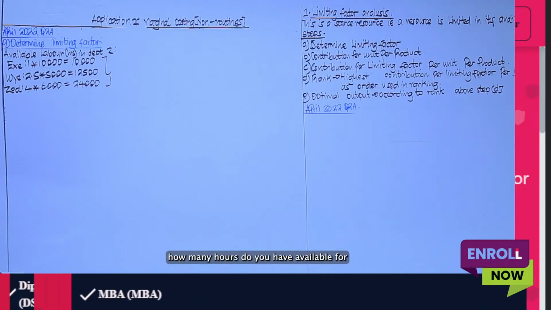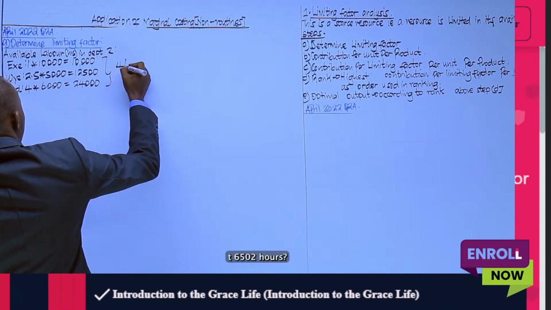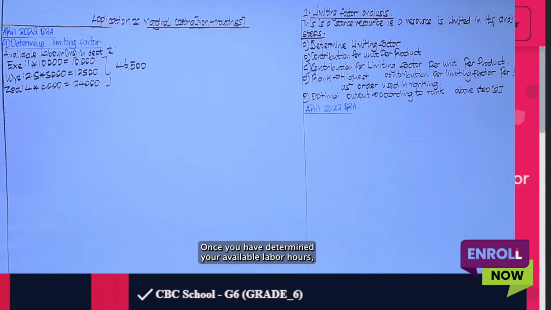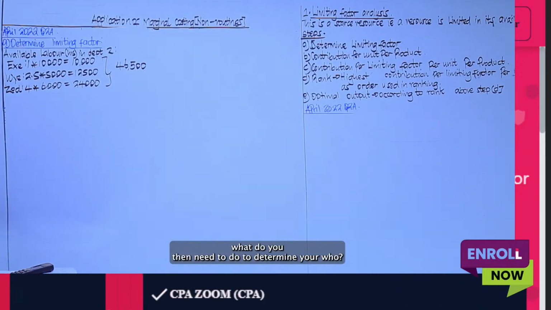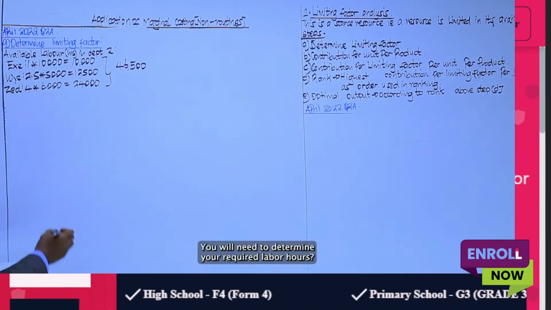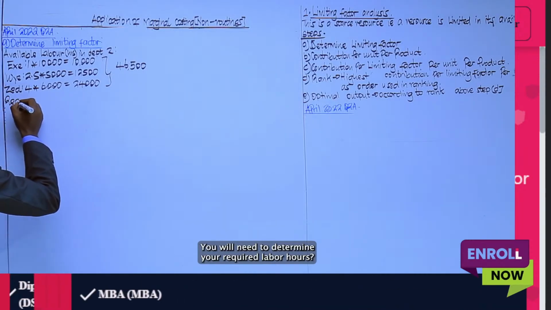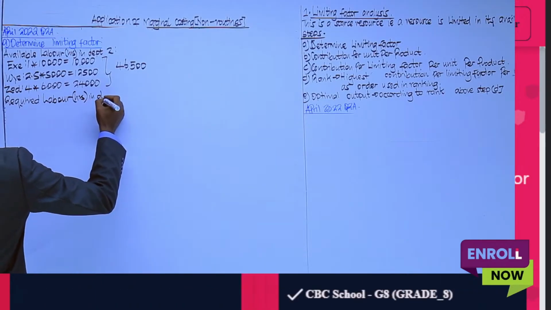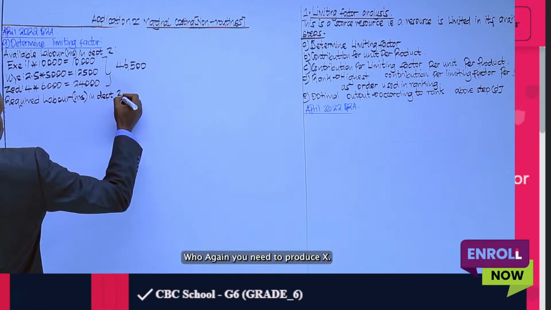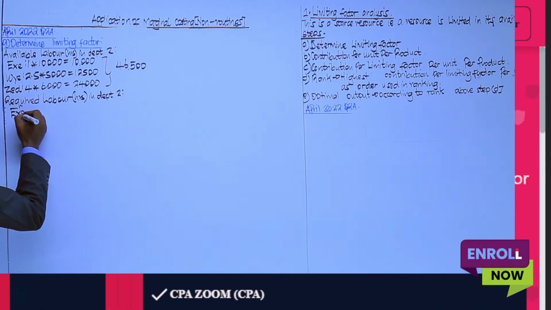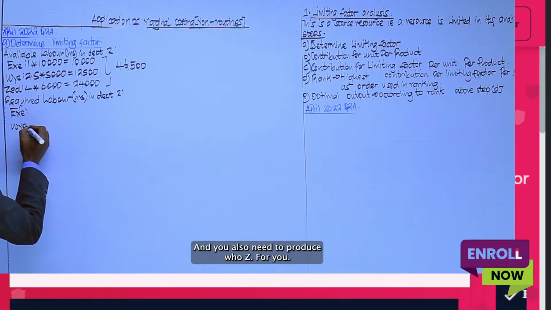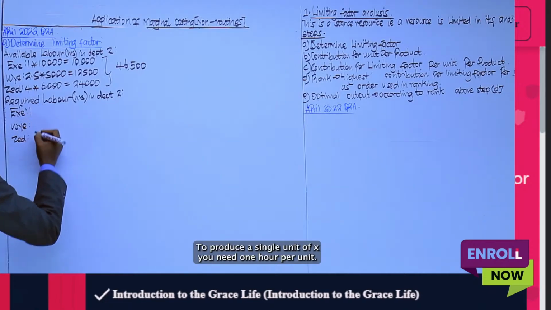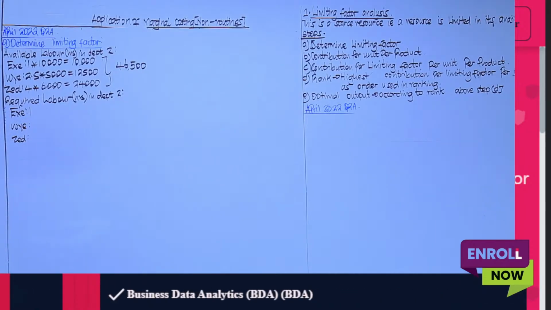And how many hours do you have available? 46,500. Once you've determined your available labor hours, what do you then need to do? You will need to determine your required labor hours in Department 2. Again, you will need to produce X, you will need to produce Y, and you also need to produce Z. For you to produce a single unit of X, you need 1 hour per unit, but